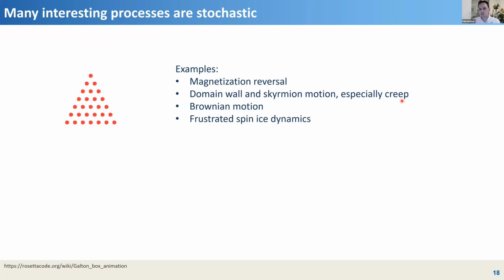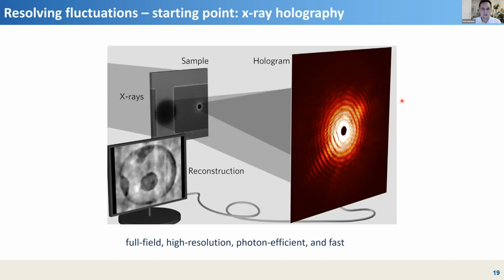So how can we approach this? If we now want to image these kind of fluctuations, what is our approach? So here we start with a technique called X-ray holography. It's a coherent X-ray imaging technique. We expose our samples with a coherent X-ray beam, and then